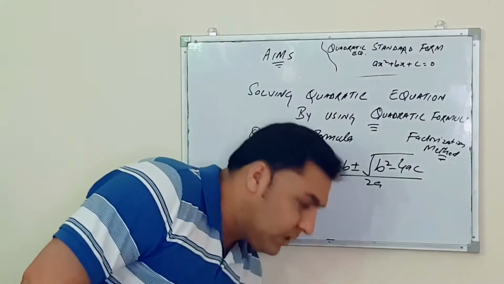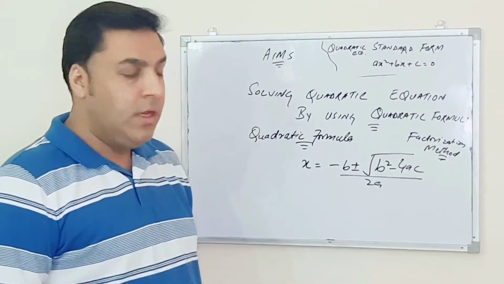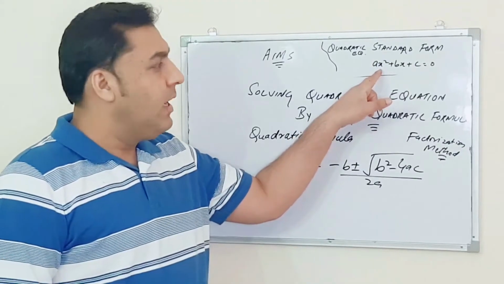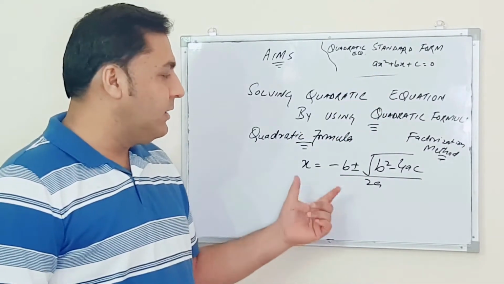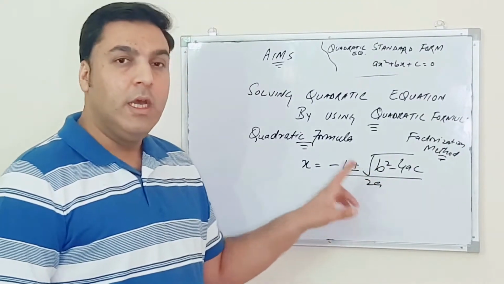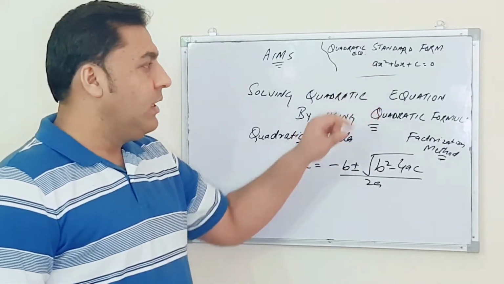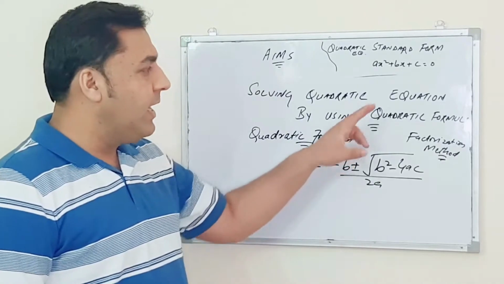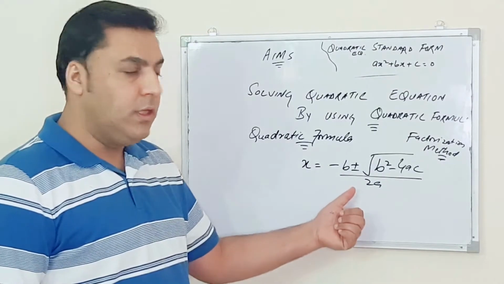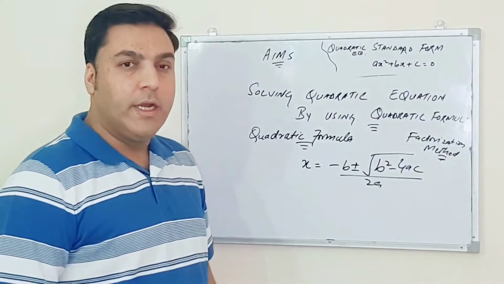And there is a third method to solve quadratic equations, which is completing the square, and I will solve this equation and show you how we can get x equal to minus b plus minus the square root of b square minus 4ac divided by 2a. This formula, how we can extract from quadratic equations. This is the direct solution you will get by applying this formula, and I will show you how to find out this formula and how to extract it from the quadratic equation.